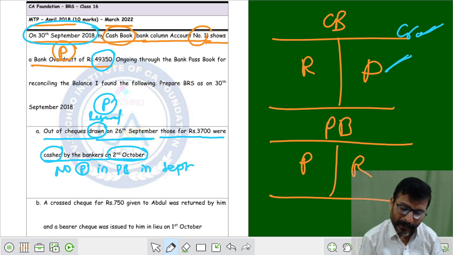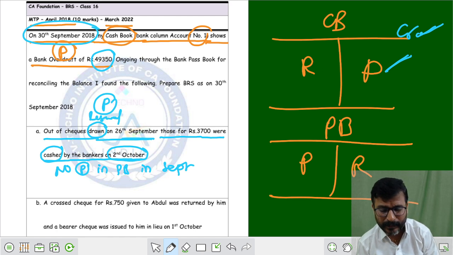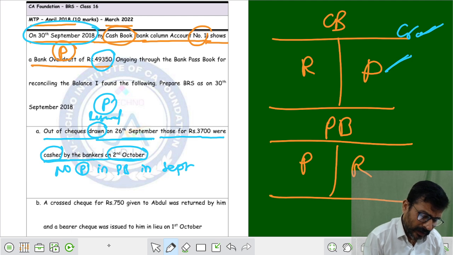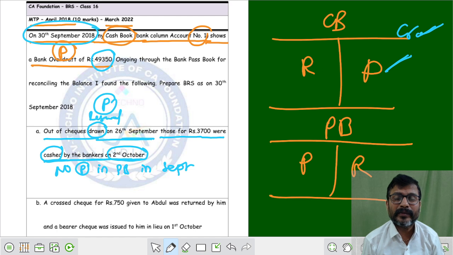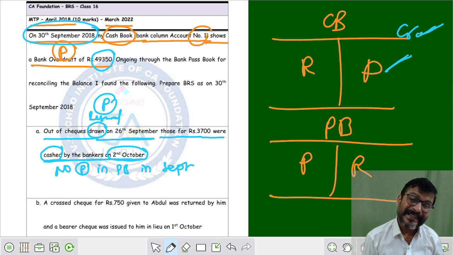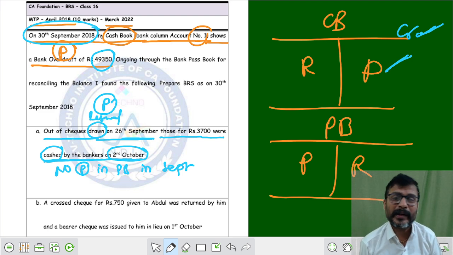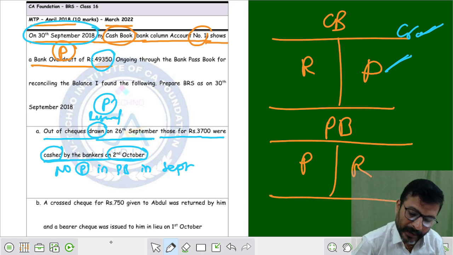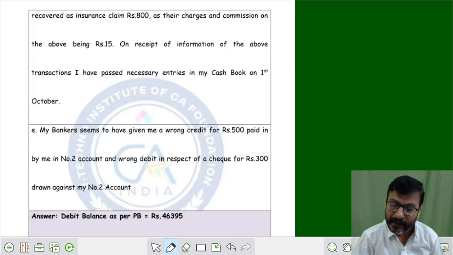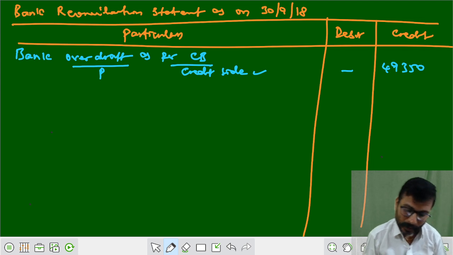Sir, why are you using the passbook? Why do we have to use the passbook? Very simple, my dear kids. Because cashed by the banker means paid by the banker. The banker made the payment on 2nd October. No payment in the passbook in the month of September. So no payment in the passbook, no debit in the passbook. So where do we have to take it? We have to take it on the debit side only. That is point number